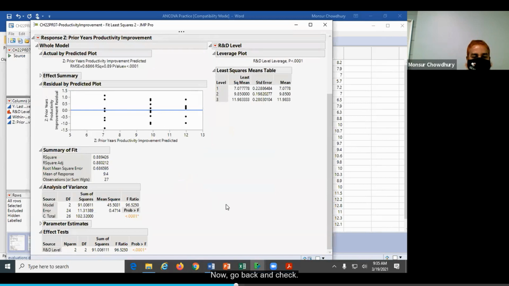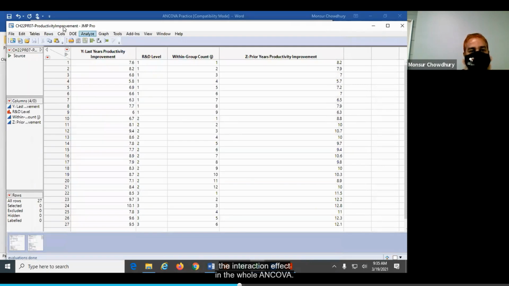Now go back and check. What can we see here? Significant. Significant. So that means, and also, this is what we can check in one way. The other way is if we fit the interaction effects in the whole ANCOVA.